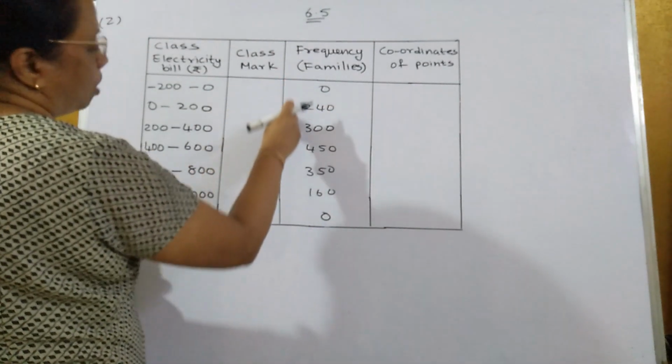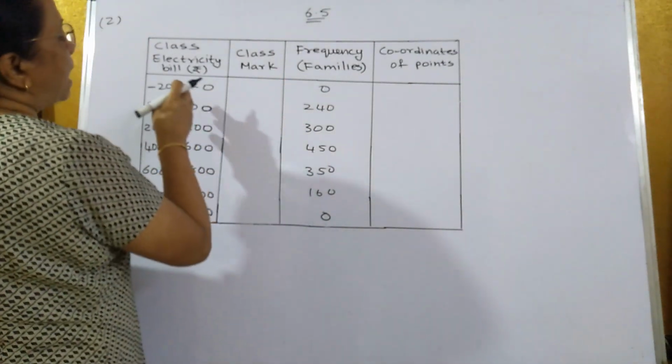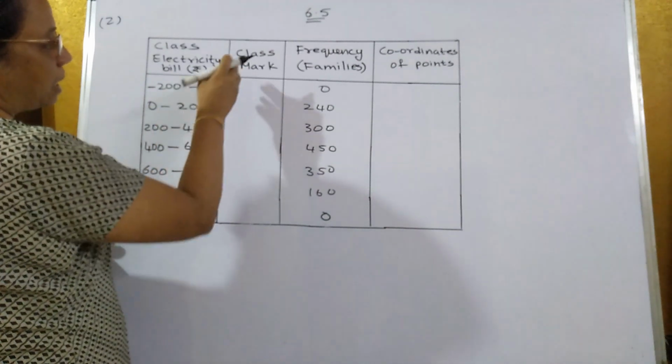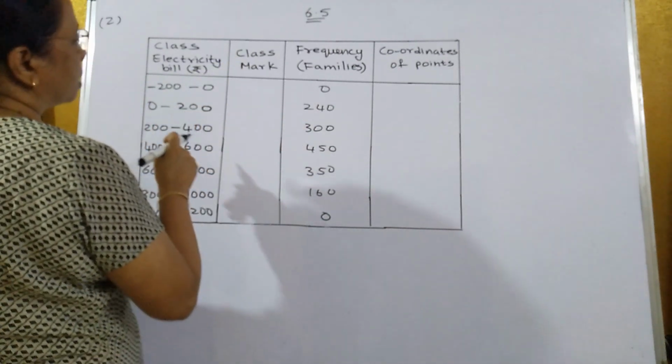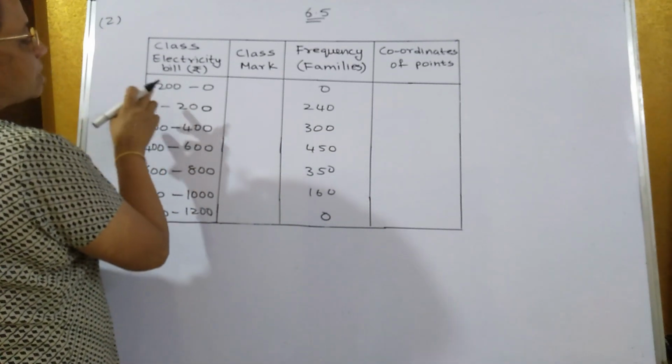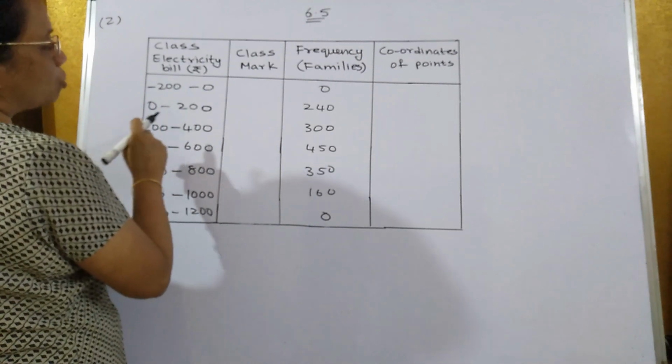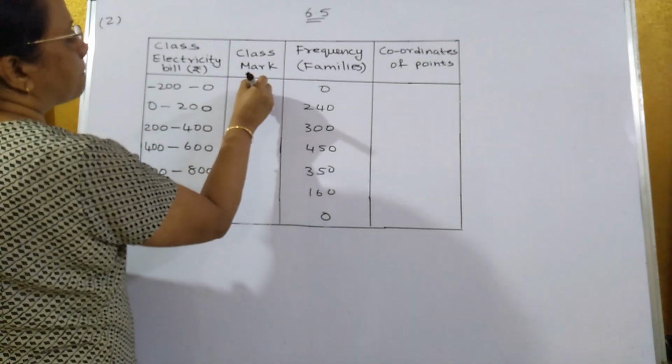Now the frequency you have to plot on the y-axis. On the x-axis you won't plot these classes, you plot the class mark. How do you find the class mark? Add the two limits and divide by 2. So when you add this, -200 divided by 2 will be